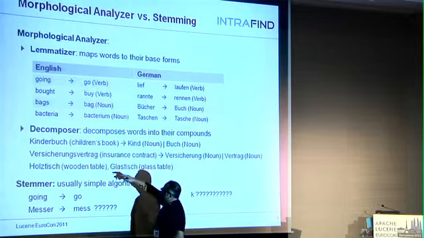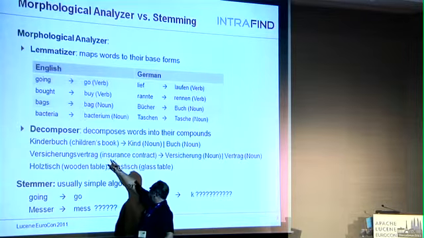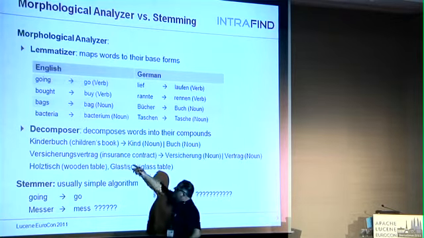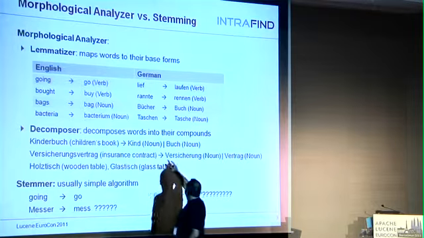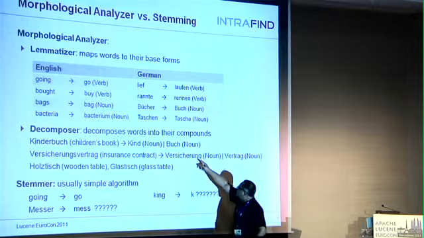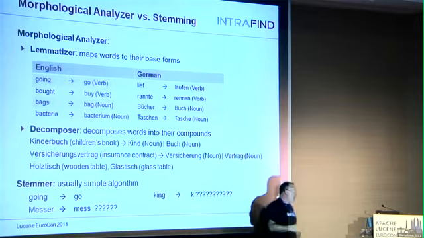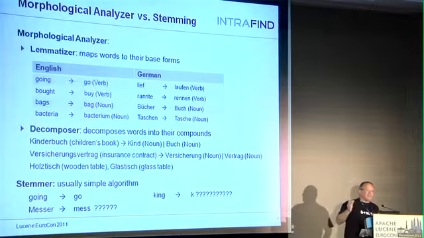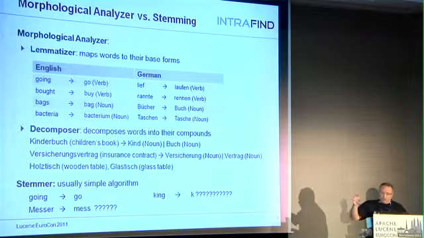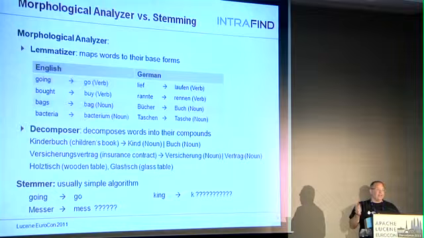The same for Versicherungsvertrag, which means insurance contract. In German you have 1 word, composed of 2 words, Versicherung, insurance, and Vertrag, contract. So you have to somehow decompose these words into their individual components in order to enable high recall and